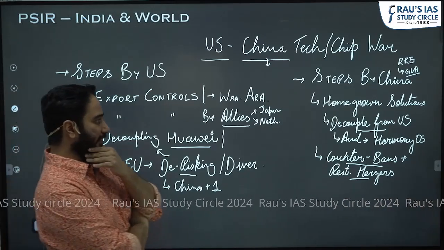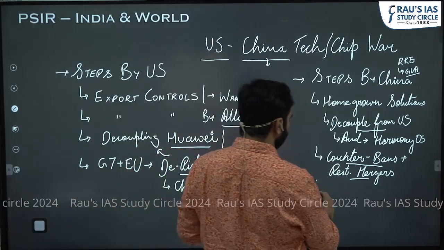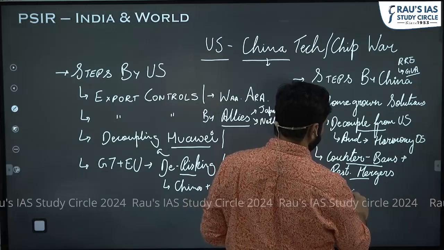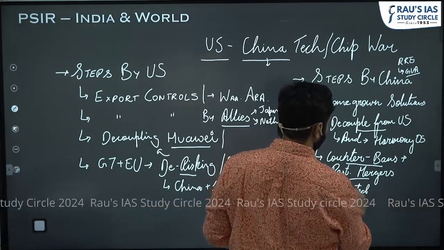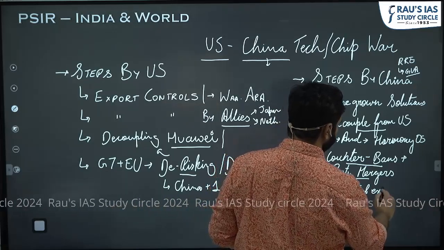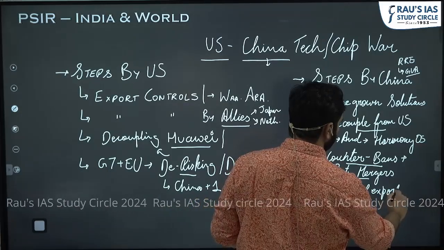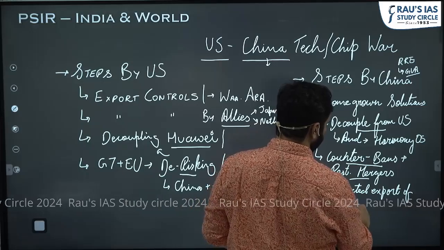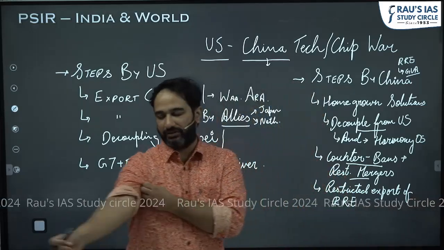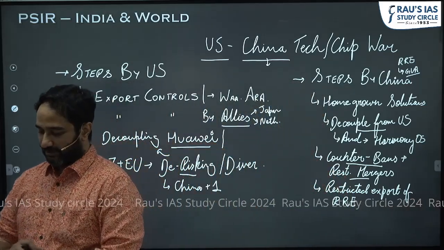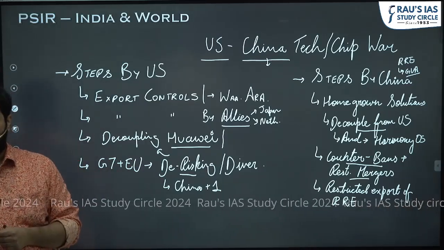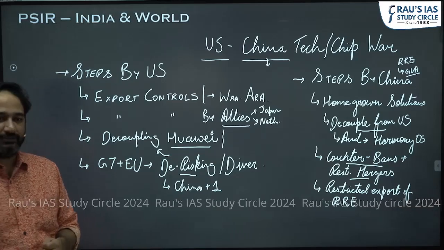China has restricted the export of rare earth metals, in particular, gallium and germanium,